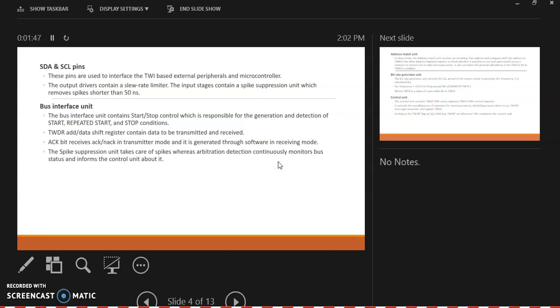TWDR, the data shift register, contains data to be transmitted and received. The acknowledge bit ACK receives the acknowledge or NACK in transmitter mode, and it is generated through software in receiving mode. The spike suppression unit takes care of spikes, while arbitration detection continuously monitors the bus status and informs the control unit about it.